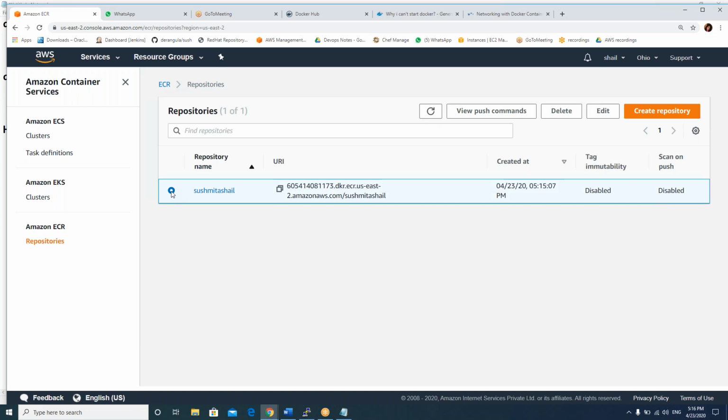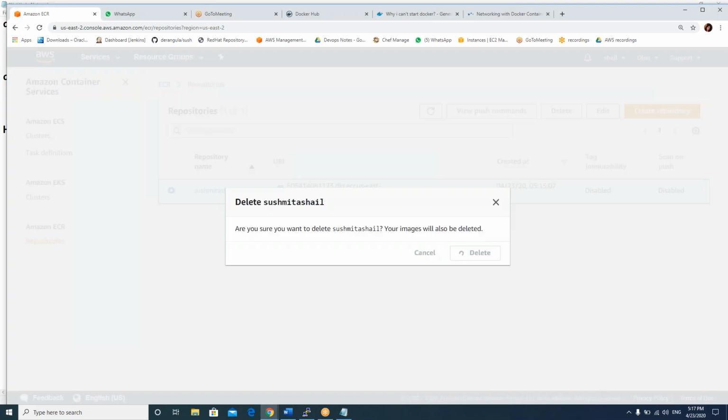It depends on our organization, right, sir? Exactly, you're right. Which one to use depends on you. If I don't want to use the official Docker Hub, because Docker Hub is a third-party provider and I don't want to save my images there, in that case I'll go with the cloud. Maybe some companies may not trust third parties, right? Can I delete this directly? Yes, delete it right away, you don't have any images.